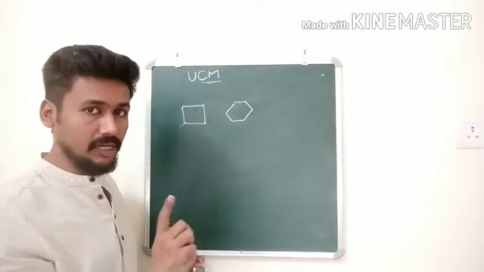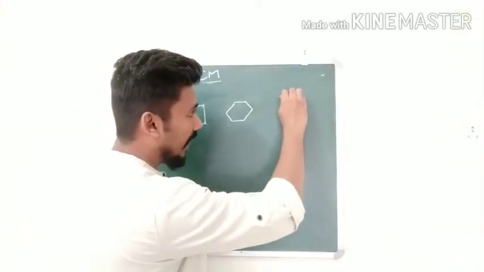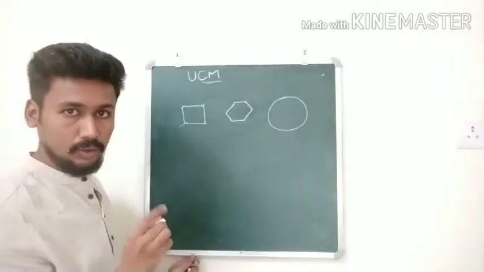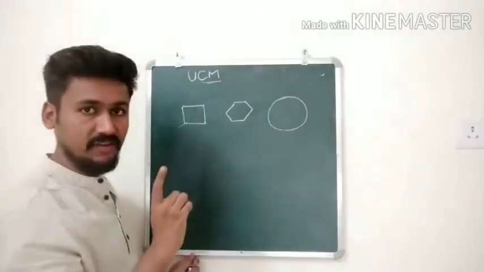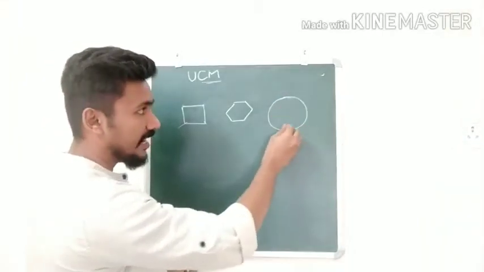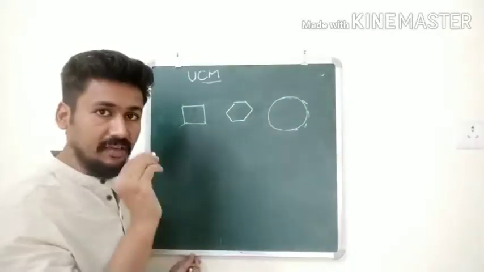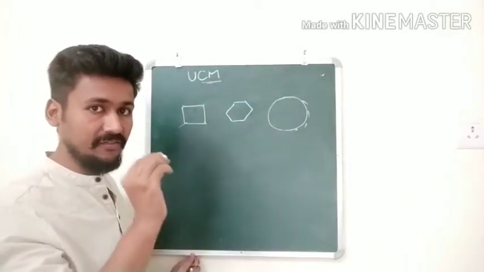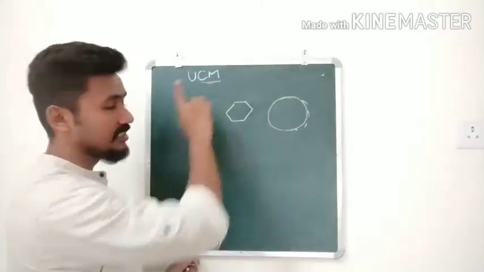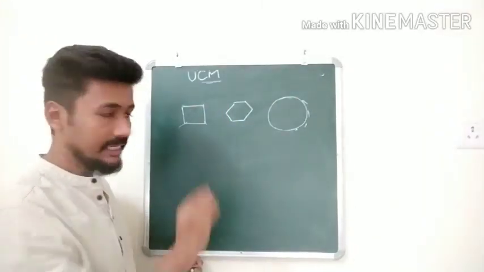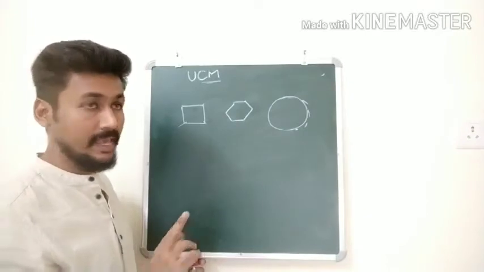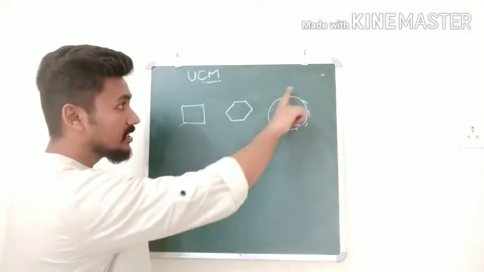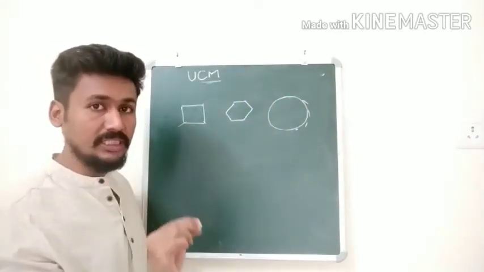But to go in a circular path, the object will have to turn at each and every point. To have this kind of a path, we need to change our direction each and every time. At every point the direction has to change. So when the direction changes at each and every point, the motion that we get is a circular motion. That is the concept of circular motion. And then when we say UCM, uniform circular motion, that is when the circular motion is having a constant speed.